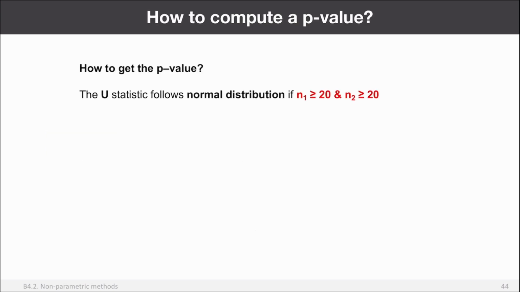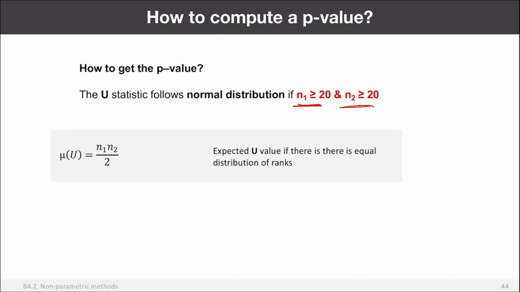Same idea. If the number of values in each group is equal or larger than 20, again, I know my sample is too small for this test, but it will work anyway, so you will see it in a minute, right? Then this distribution is normal, so your statistic follows a normal distribution,